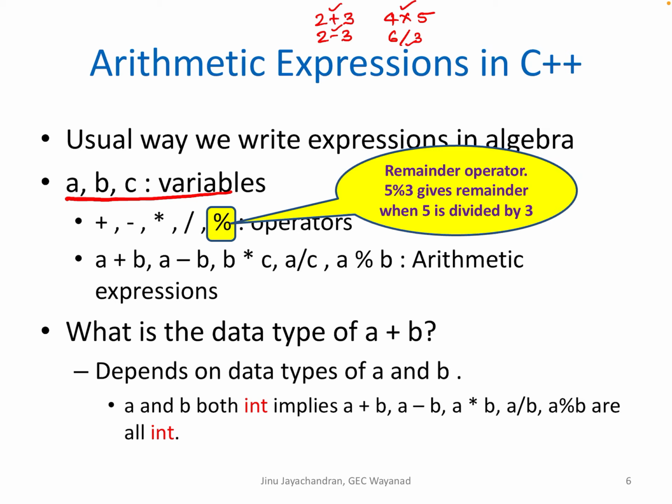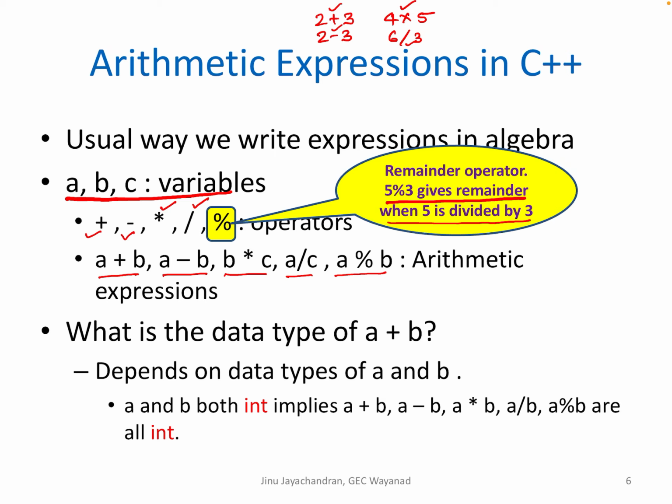In C++, we have plus for addition, minus for subtraction, star for multiplication, slash for division, and a special operator called percentage, which gives a remainder. So 5 % 3 gives the remainder when 5 is divided by 3. The arithmetic expressions correspondingly are A plus B for adding the values of the variables A and B, A minus B for subtracting, B into C, A by C, A percentage C. Okay, so these are all the arithmetic expressions.